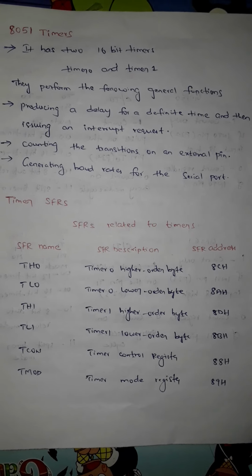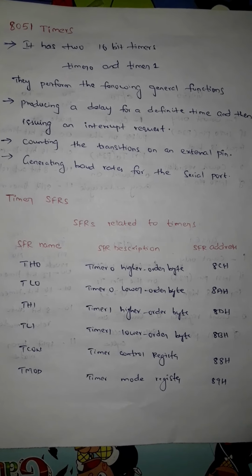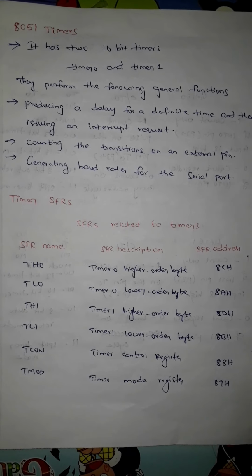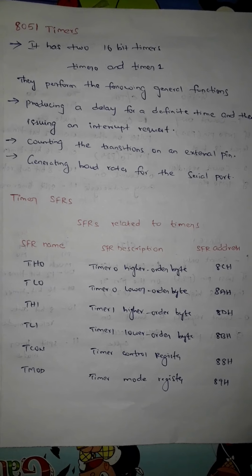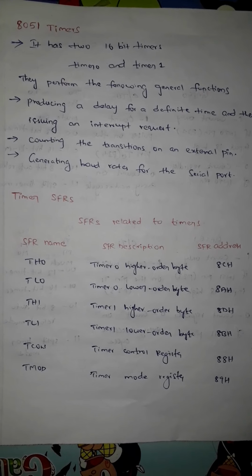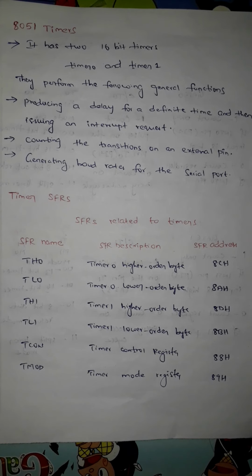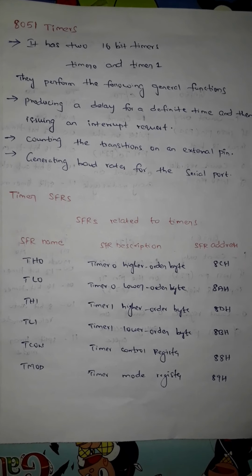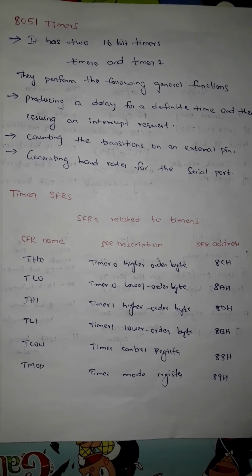You can generate a delay by using software instructions also, but the delay generated by software instructions is not precise. To have a precise, exact delay, we need to use the hardware timers, so we are using timer 0 and timer 1 in the 8051. A precise delay is required in different applications, especially in robotic embedded system applications like robotics, where the movement of an arm requires a precise or specific delay. In such cases it is used.